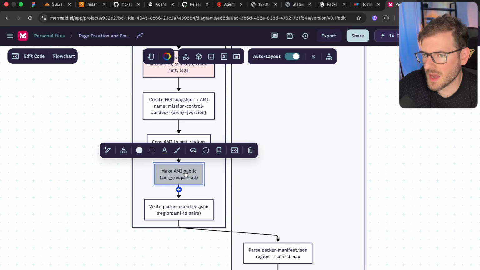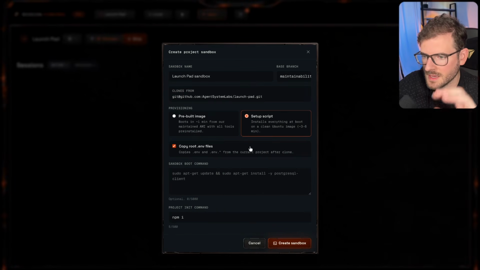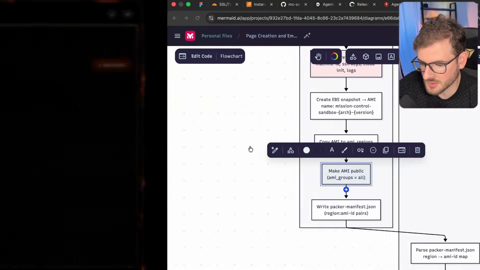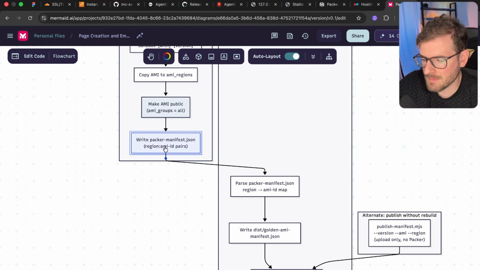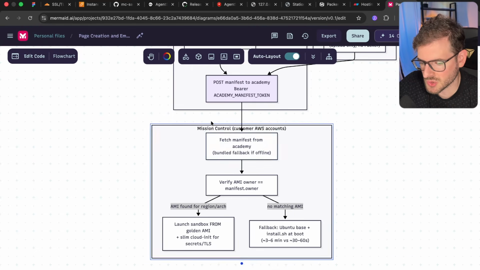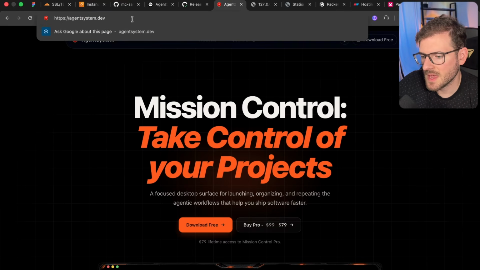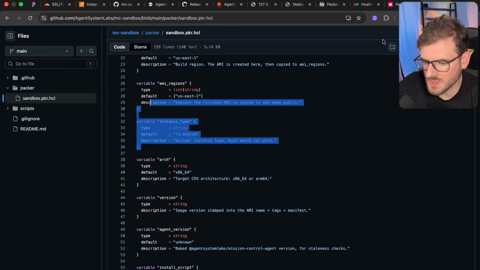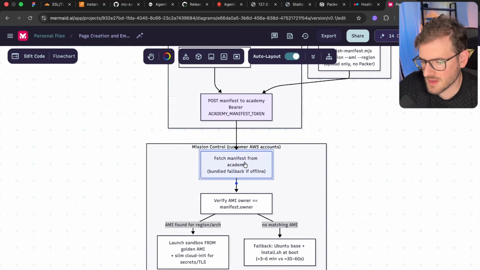Now, I think at this point, everyone could potentially use the AMI image. But the question is how do I get Mission Control to know about what is the latest image? Because I could be publishing new versions and updates and installing new CLI tools. And so what happens is I build and publish this Packer manifest JSON, and that goes directly to this Mission Control. So on my hosted website, I do have a manifest JSON file that people can go and download. And that tells Mission Control where the AMI image is, what's the latest version, etc. And that's kind of what's happening